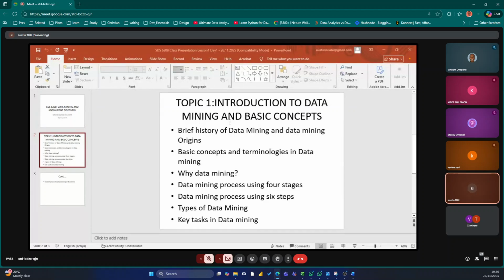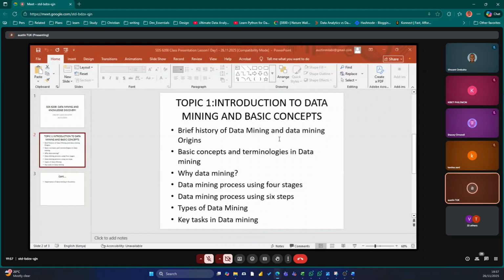In these types of data mining, you will find that we are trying to even employ some statistical techniques. For example, when I do a predictive data mining, I'm using the type of data mining we call predictive. Then it may involve the process of classification. I may decide to do it using classification.